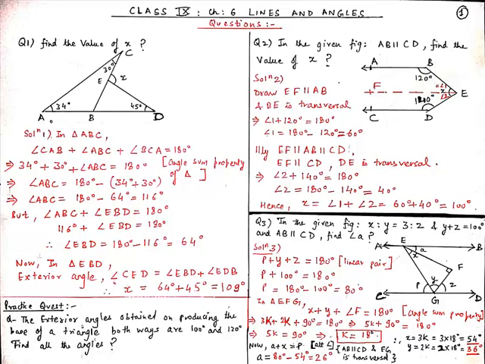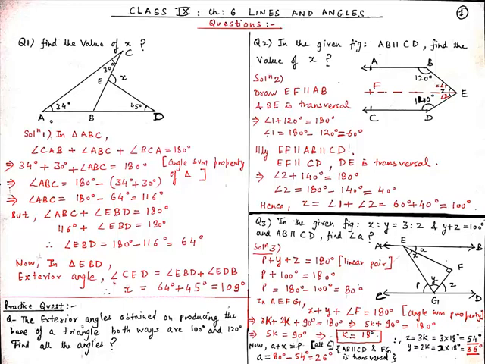And now our second question for today is: in the given figure AB is parallel to CD, then find the value of X. So according to this figure, I have denoted angle BEF as angle 1 and angle DEF as angle 2. Therefore, students, X is equal to angle 1 plus angle 2. And now to find the value of X, first we will do a construction in which we will draw a line EF which is parallel to AB, where BE is the transversal.